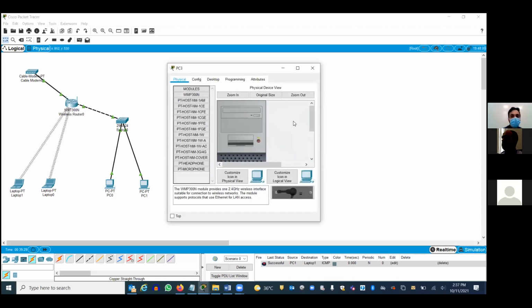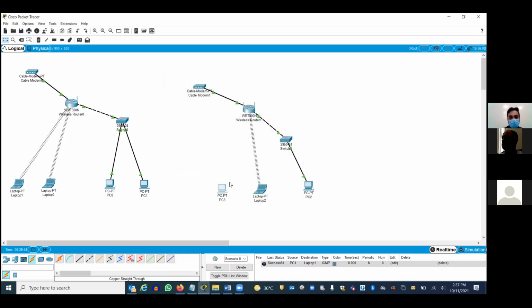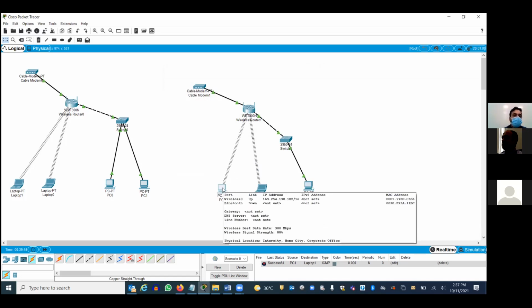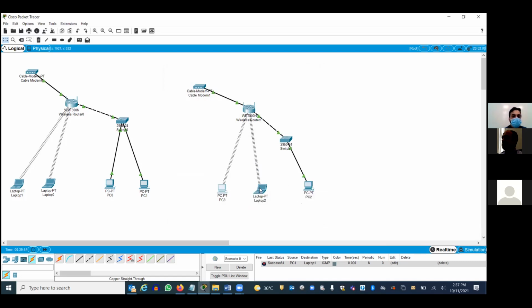Okay. Go to the PC, power off. Power off with this button. Go down, remove this. Add it. Power on. See, I connected the PC with the wireless interface. Okay. See, if you place your mouse over this, the PC is automatically getting an IP address. The PC will get an IP address automatically. Okay. So in this scenario, I am going to manually assign it.